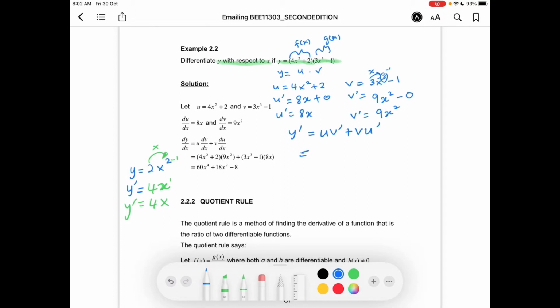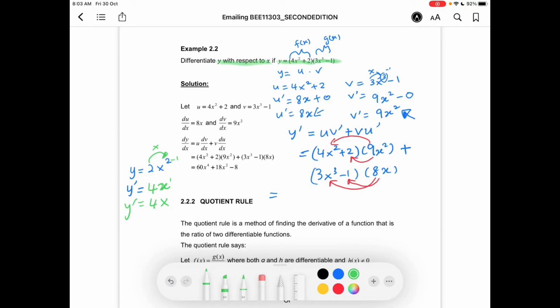Okay, so for u, you just copy the u here, 4x squared plus 2, and the v prime is here, so times 9x squared, plus the original v, 3x cubed minus 1, times u prime, which is over here, 8x. So the rest is you just need to expand it. Multiply each term with the second term. If we do it one by one, 9x squared times 4x squared, you will get,